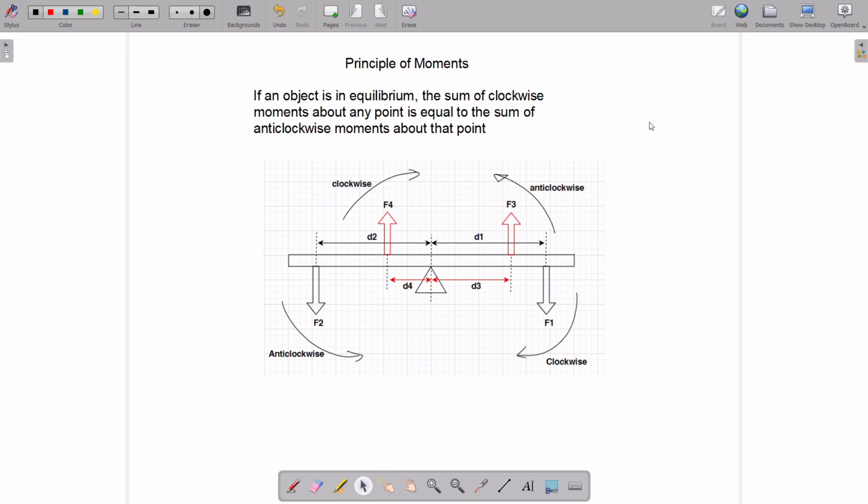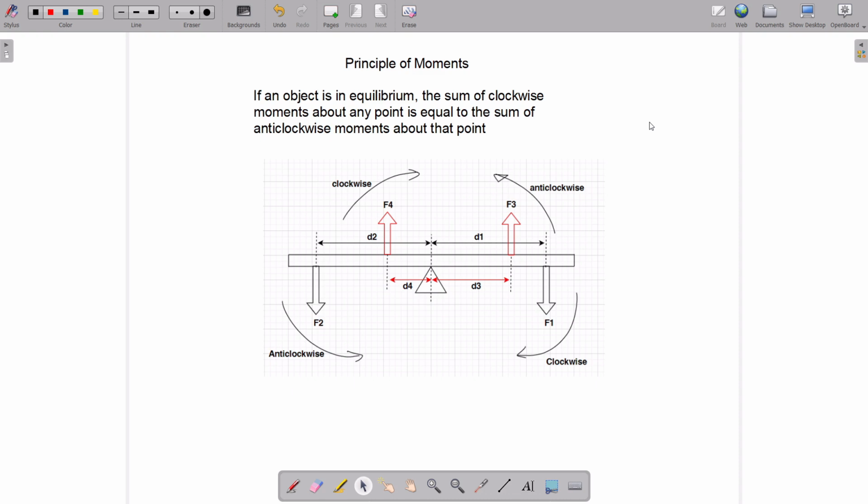Principle of moments. The principle of moments states that if an object is in equilibrium, the sum of clockwise moments about any point is equal to the sum of anti-clockwise moments about that point. So then if we have to take moments about a particular point, in which case it's going to be the pivot, the point about which turning is going to take place, then the principle states that if that object is in equilibrium,